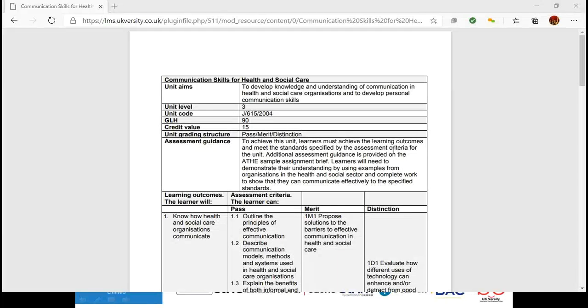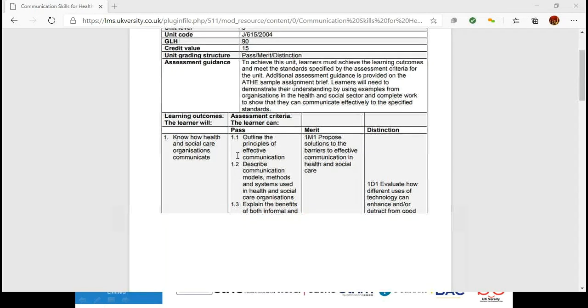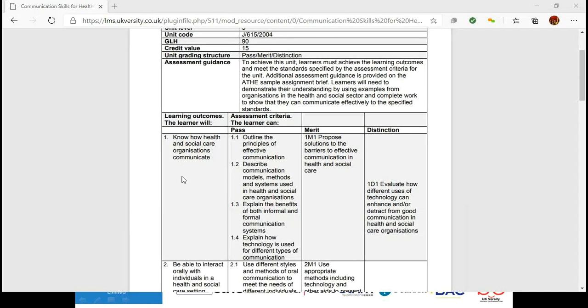So we're going to be looking at communication skills for health and social care, learning outcome 2 today. In our last session, we covered learning outcome 1, where we talked about the principles of effective communication. We looked at different models like Aristotle and Shannon and Weaver, just about how their communication models differed. And then we looked at how to explain the benefits of informal and formal communication systems, like maybe writing a letter or texting, emails. And then we looked at how technology is used, and that took us on to proposing